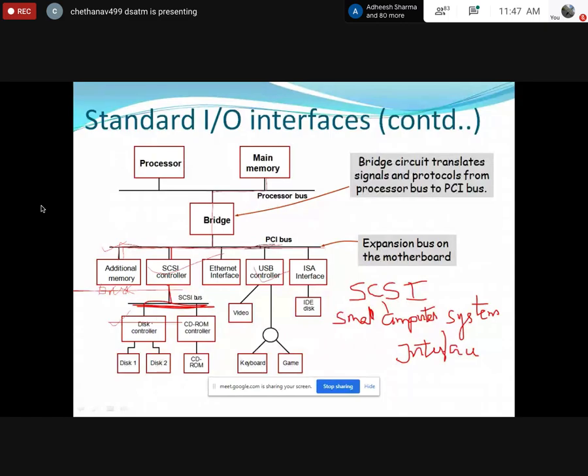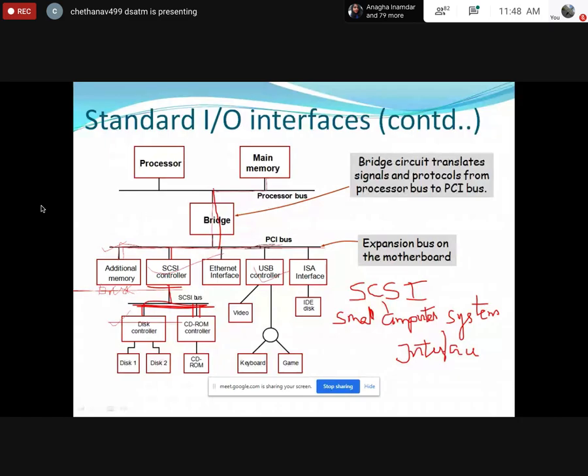Okay, you have disk, no? So in your systems, we have external storage. Disks will be there. Secondary storage devices. It's disk and CD-ROM. Okay, so these particular devices have a bulk amount of data. So I want to read the bulk amount of data from the CD-ROM or disk. What I should do? I'm supposed to use the SCSI bus. Via this SCSI bus, I can transmit the data to the PCI bus. Then from the PCI bus, I can transmit the data to the processor. Okay, that is the scenario.